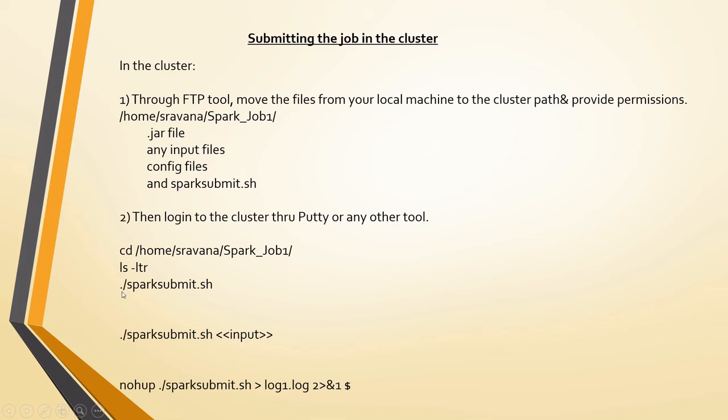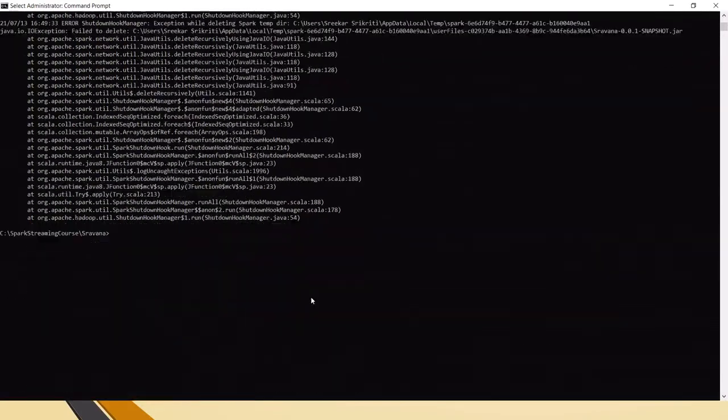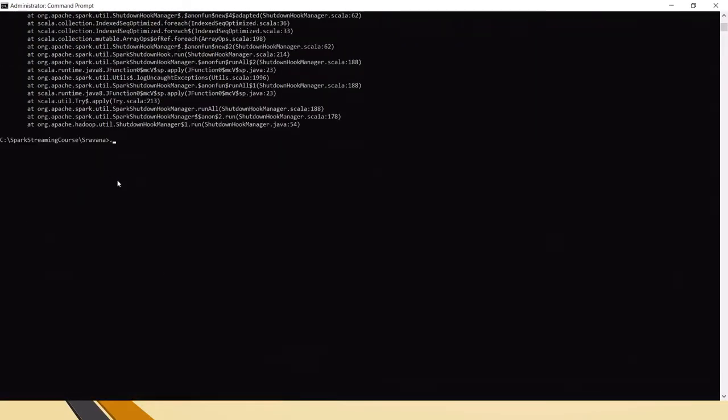And then just do ./spark-submit.sh, and I'll show you in the command prompt how it will look. It will be in a similar screen. You just have to give it like this and press enter. It will submit the Spark job.